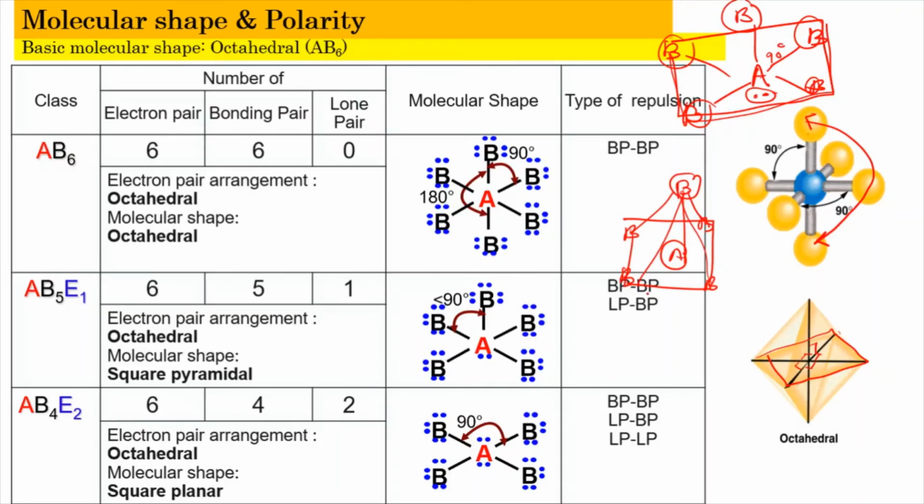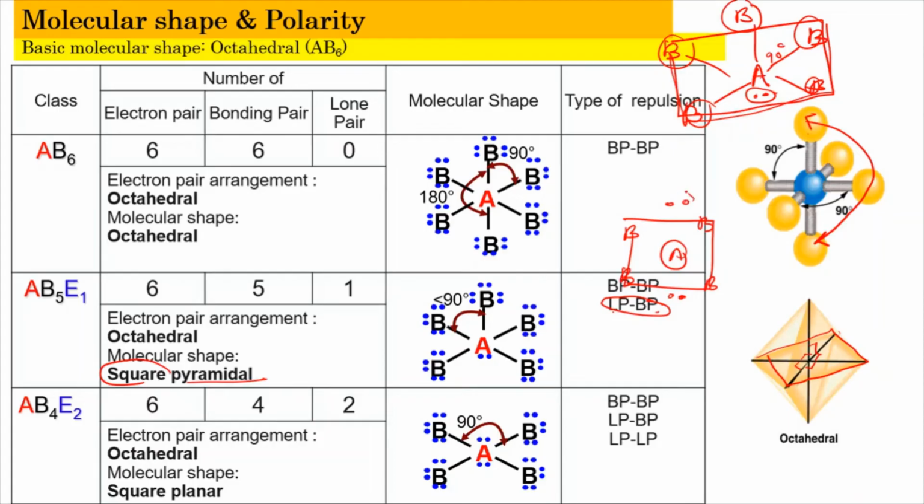And then it has a square base. Ada dasar yang petak ataupun ada permukaan bawah yang petak. And because of that reason, it's going to be named as square pyramidal. Tapak, kotak, dan dia membentuk piramid. Okay, and here we'll have the lone pair, and that is why the repulsion is going to have lone pair and bonding pair. And then you can also change another bonding pair here into a lone pair again. So once you do that,